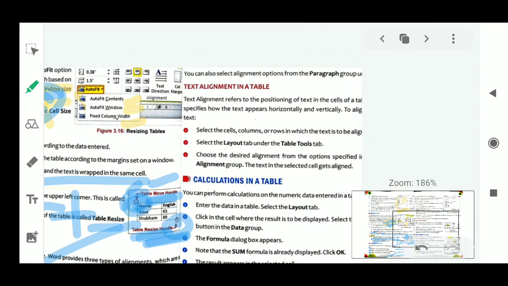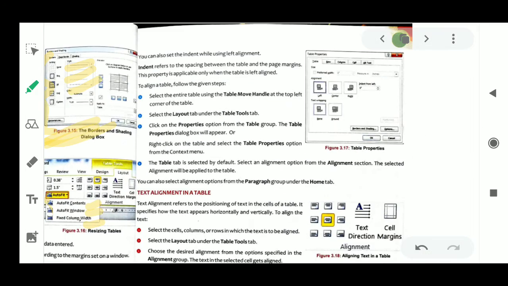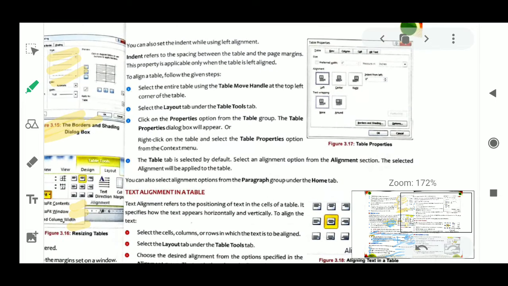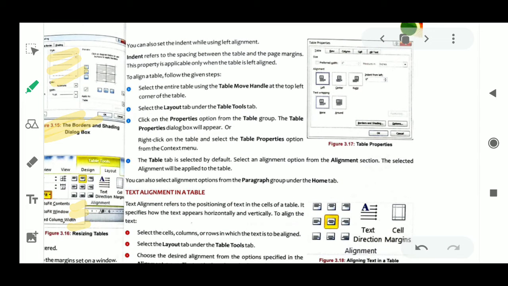Okay, next, you can see this alignment of text is possible, like left, center, none, around. So where will you get these options? In the table tool there is the table layout. In the layout you will see a table group.